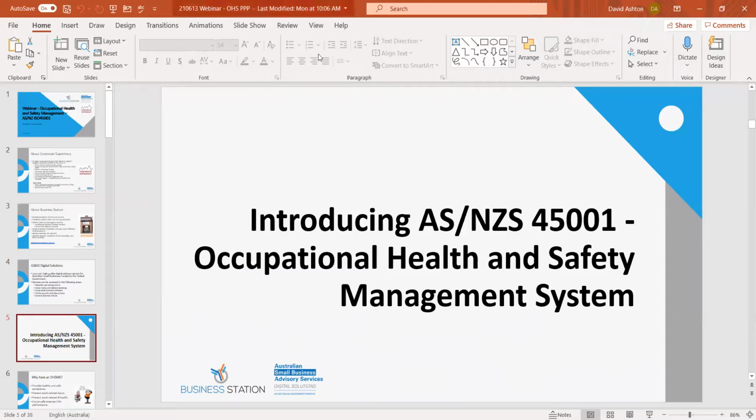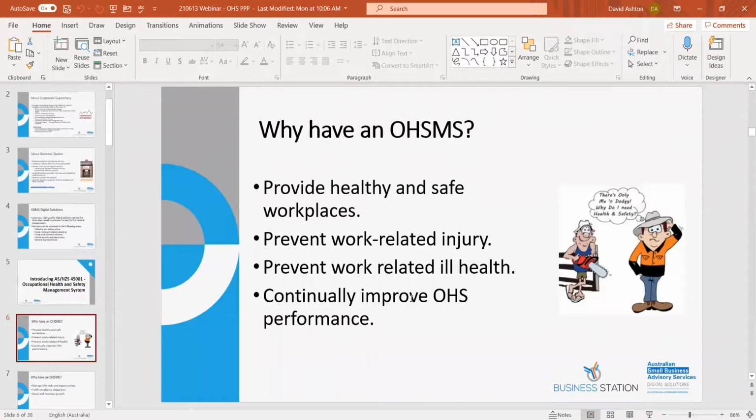So looking at ISO 45001, occupational health and safety management systems. This slide is looking at why you should have a safety and health management system. Well, the minute you bring on employees or contractors into your workplace, there's a legislative requirement for you to have safety and health policies, procedures and standards in place to manage a safe work environment. It's obviously aimed at preventing work-related injury and ill health, and the focus is safety, but also the health of your employees. And you need to continually improve your performance,